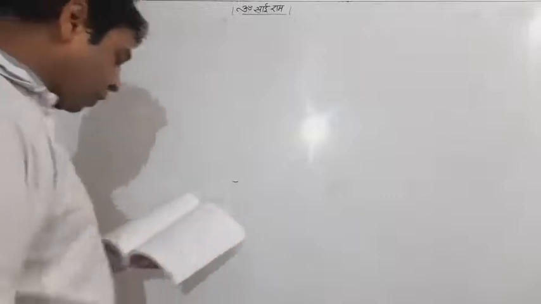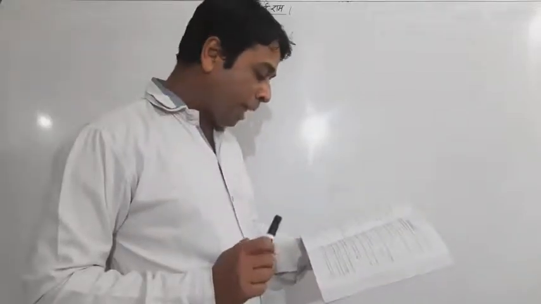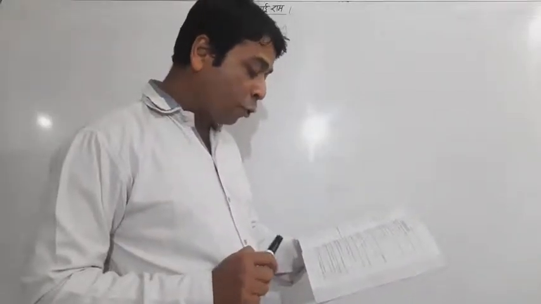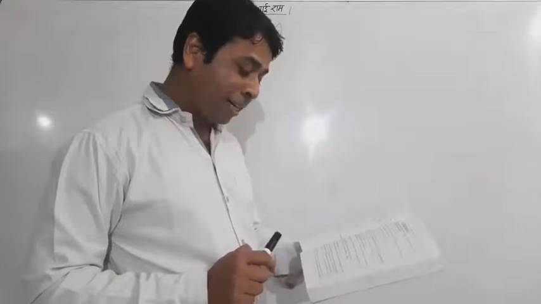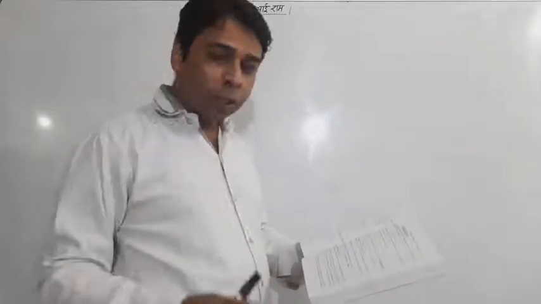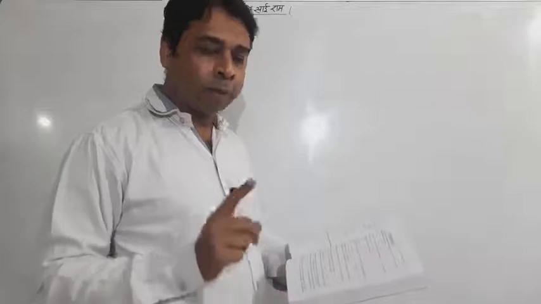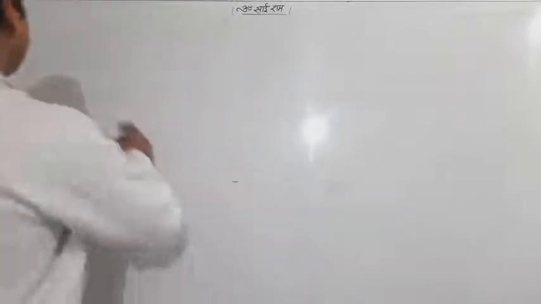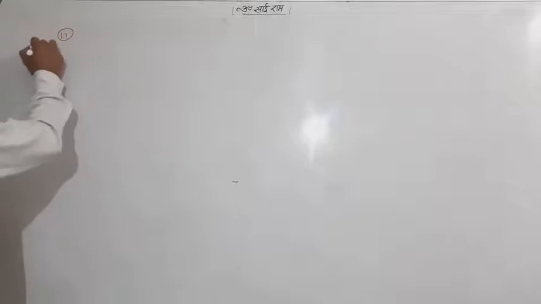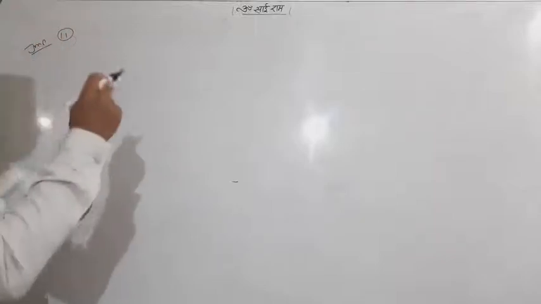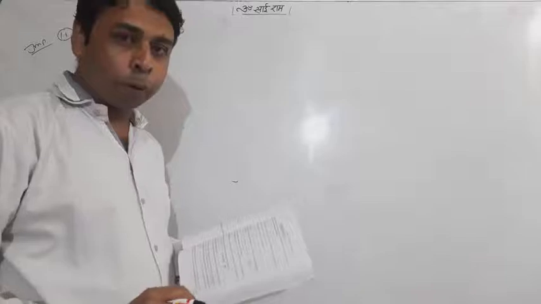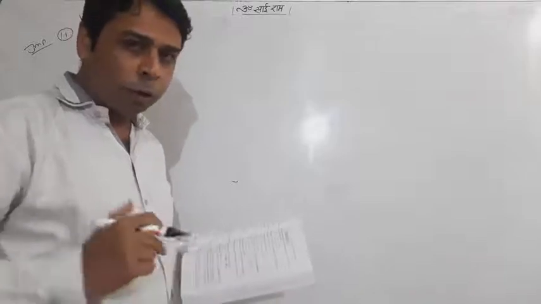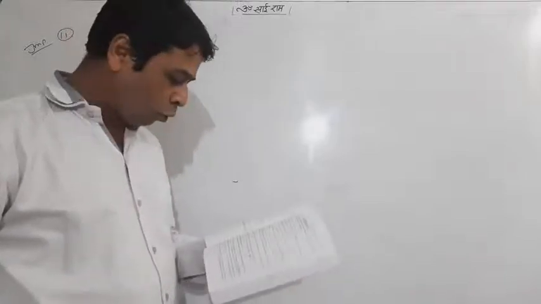Now question number 10. Question number 10 is again the same question as example number 20. Meaning the 9th question and 10th question are equal to example number 20. Please follow that. Now the 11th one I will tell you. The 11th is an important question. The 11th, 9th, 10th, all are important ones. So 9 and 10 were already equal to example number 16. You have to do it on your own.